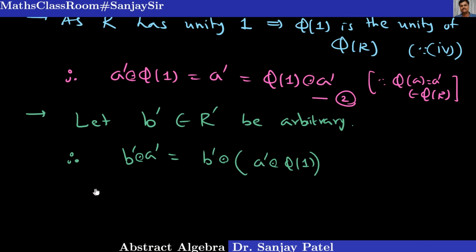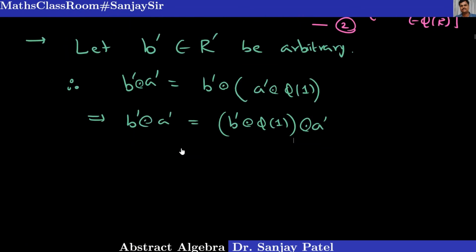Yes, so this implies b' dot circle a' is equal to, I can rewrite this as b' into phi of 1 into a' by using commutativity and associativity. Now